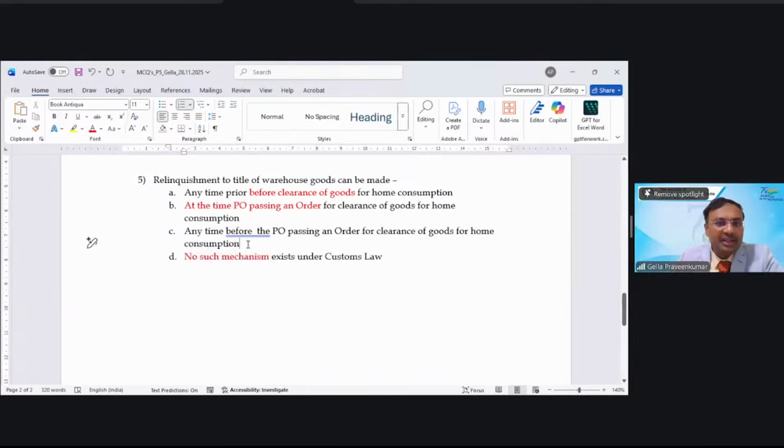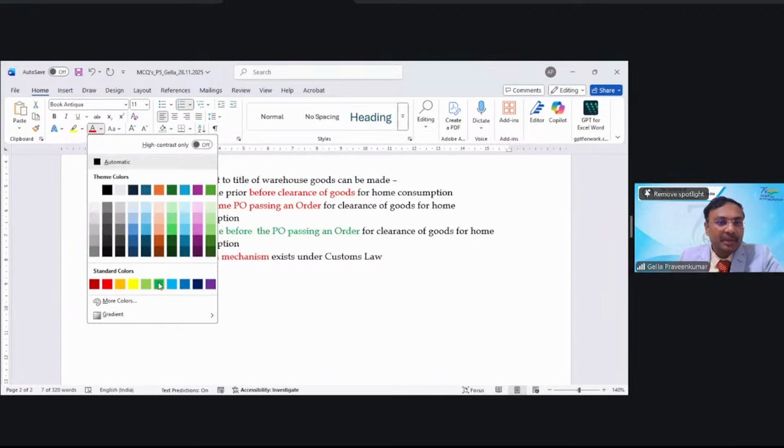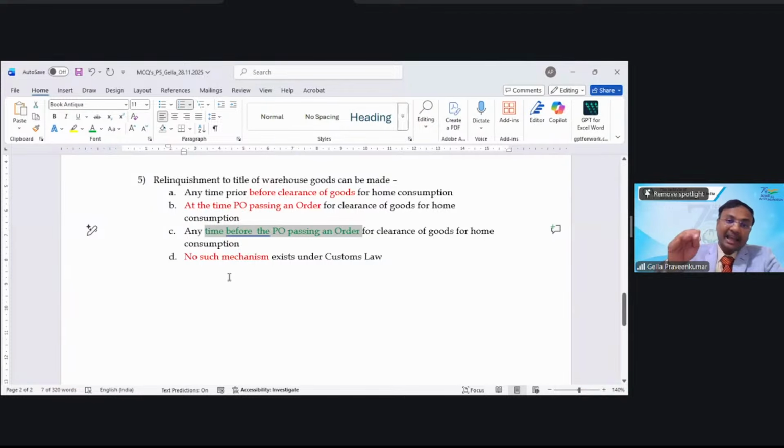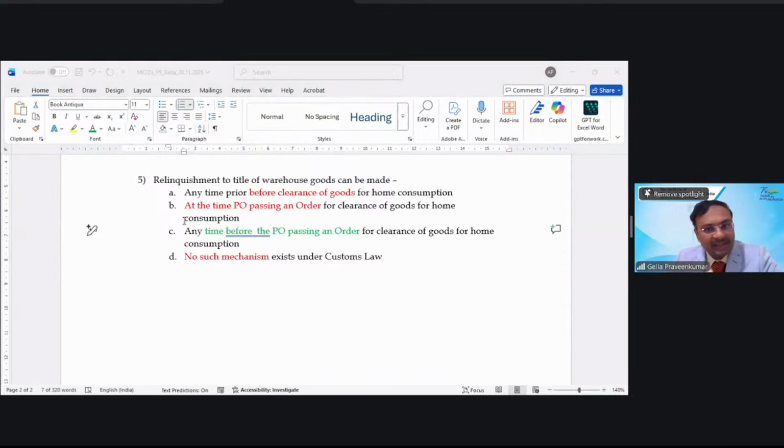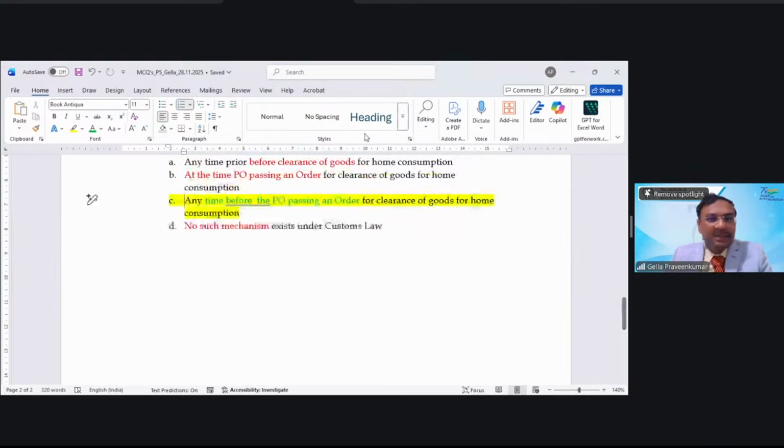The left-out option is anytime before the proper officer passes an order. This is the appropriate answer. So my right answer would be C. Yogesh and Swaminathan, both of your answers are right. The answer for this question is anytime before the proper officer passes an order for clearance for home consumption. With this, we come to the end of